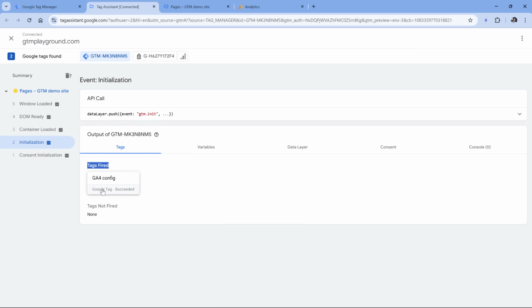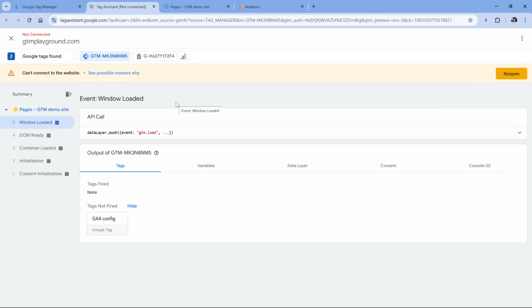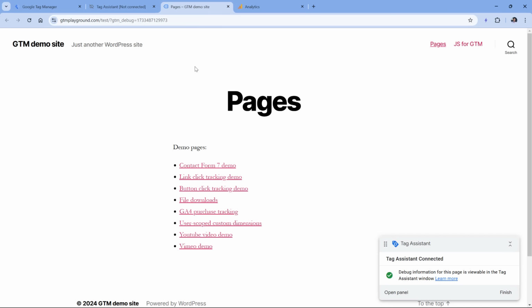Don't worry, this is a bug in the preview mode, but it does not affect how your tag actually works. Then we have other page loading steps. For example, this is related to the Google Tag Manager container. Then this is related to when website elements on a page were rendered. And then window loaded means that all tracking codes and all scripts in general on your website and all resources have loaded. If you sometimes see this warning, don't worry, you can just go back to the website and Google